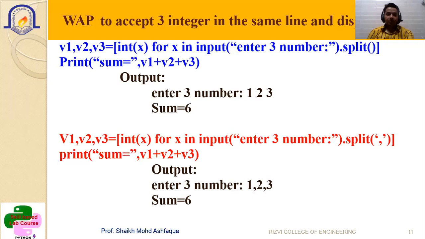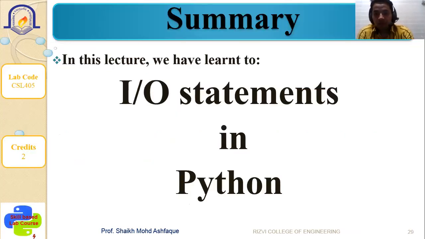Then whenever you run these two lines of the code, it will display enter three numbers. So you'll write 1 comma 2 comma 3, then the output will be displayed as 6. So here we have understood how we can accept the consecutive data as input from the user, and how we can split one number from the other numbers if you are using consecutive data.